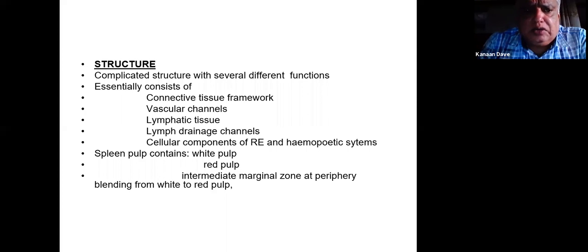There are two types of splenic pulp that we see. There is white pulp and red pulp, and there is an intermediate marginal zone at the periphery, which is basically the white zone blending into the red zone. So that's the structure of the spleen, which you are very